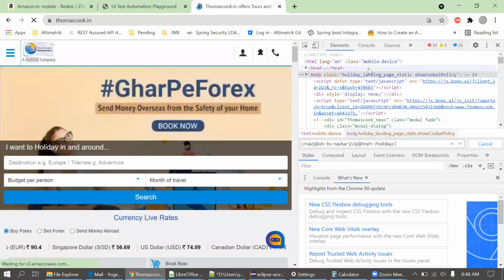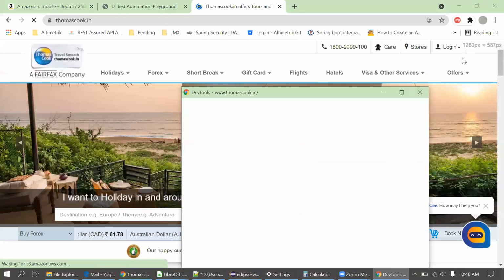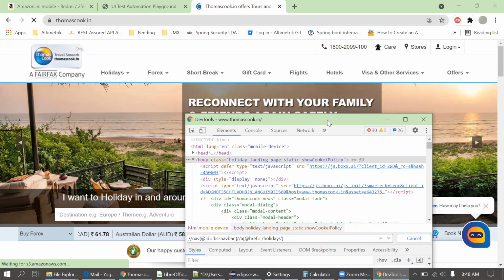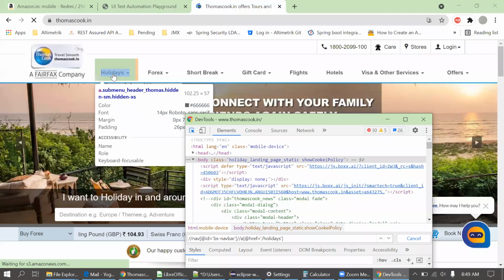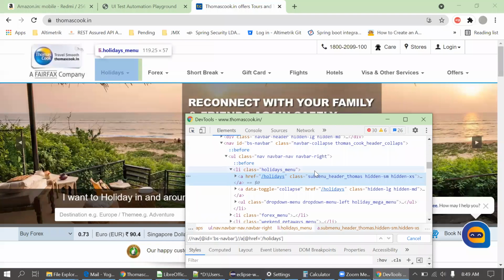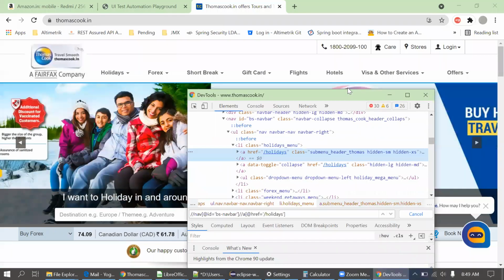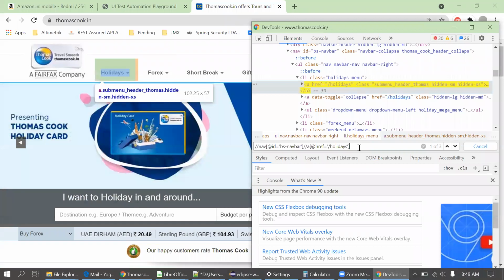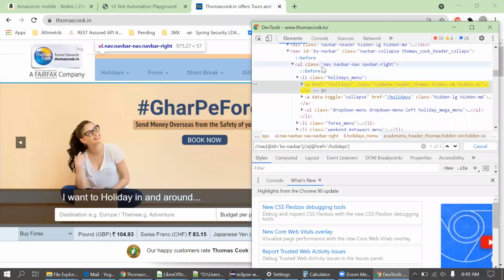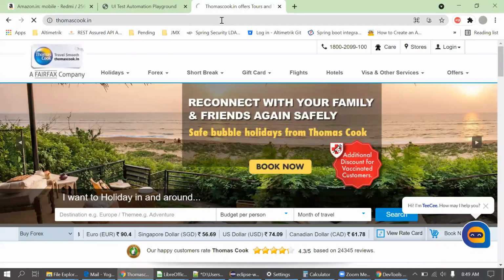Okay, so to find this kind of locator, you have to separate out this window to create the XPath. Then only you will be able to create it. Otherwise, it will mess up the thing. Again, I'll inspect this element, holidays, because it will change the DOM structure when we are opening this DOM structure window in the same browser. So I'll just keep it this way. Still showing 3. I'll refresh the page one more time.